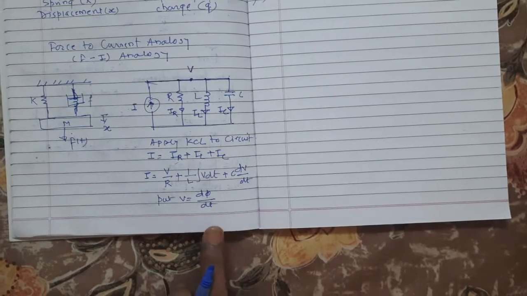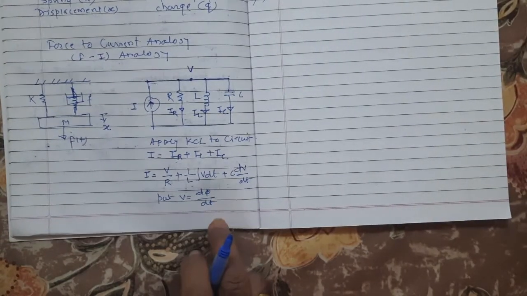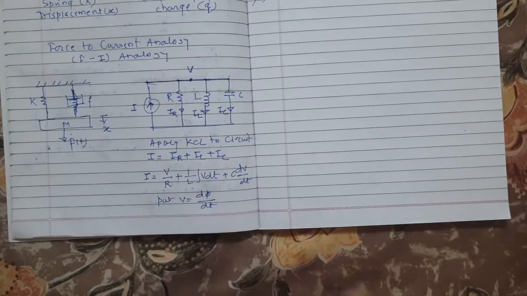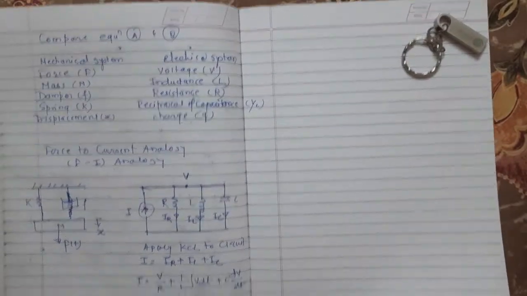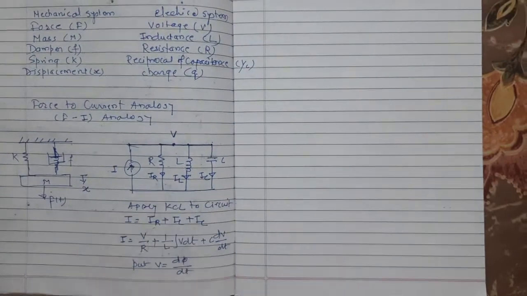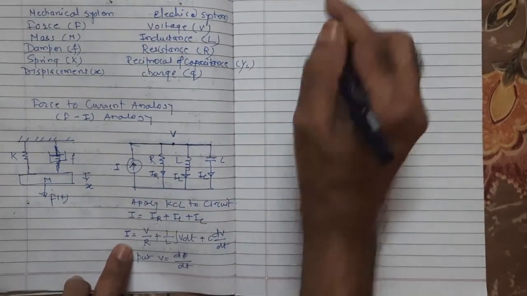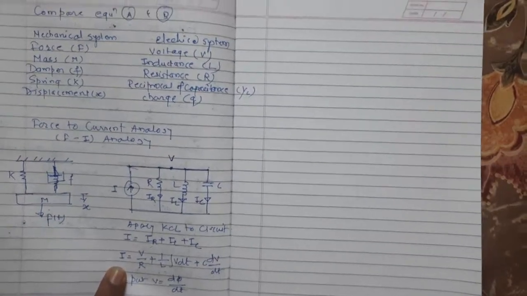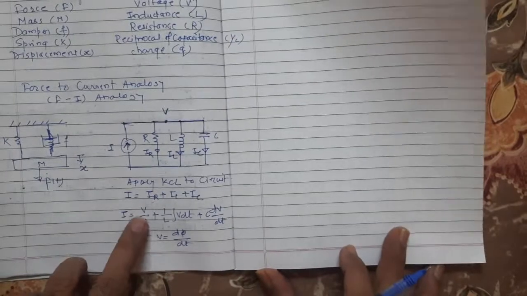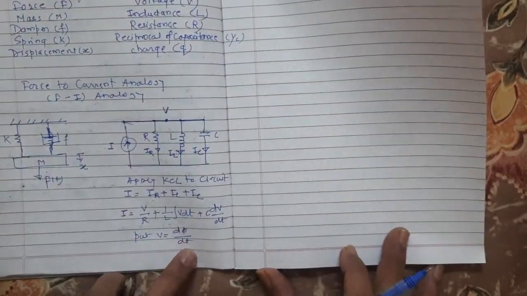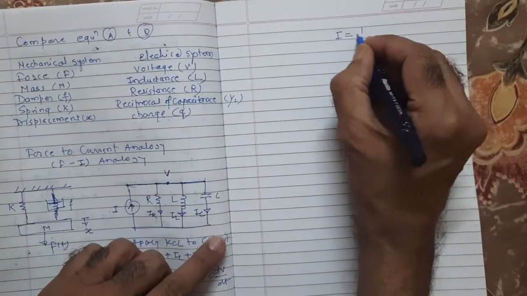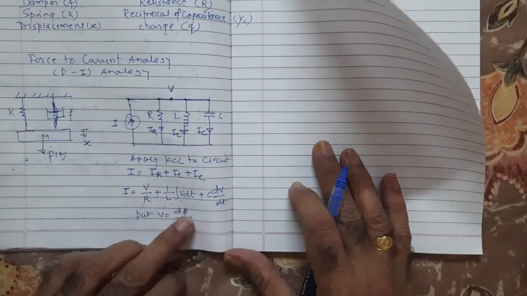That is the rate of change of flux. V is directly proportional to the rate of change of flux. So that means we can write down V equals d phi by dt. So now after this we can have it like this. This is our current I. So for this current I we can have the equation like this. This is I as it is, and V equals what? d phi by dt. So 1 by R is constant. So here is 1 by R, and this V is nothing but d phi by dt.